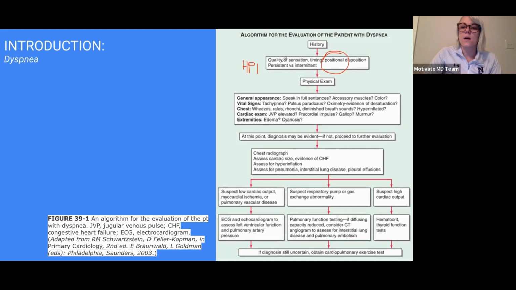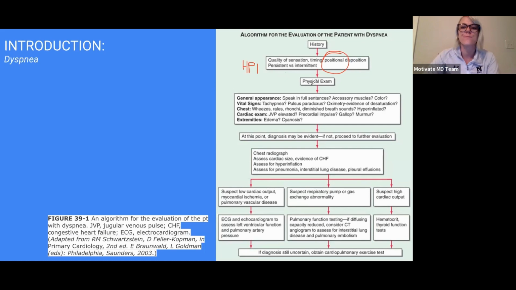And then other things is, should we take SOAP notes when we're reviewing the case or throughout the presentation? Good question. So that's going to be when we go through the case. Right now, I'm giving you a little bit of an introduction to the actual shortness of breath, and then we're going to go through a case.